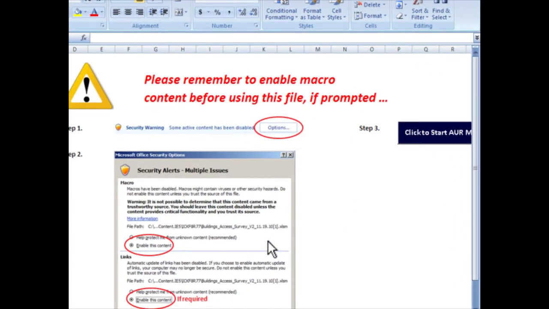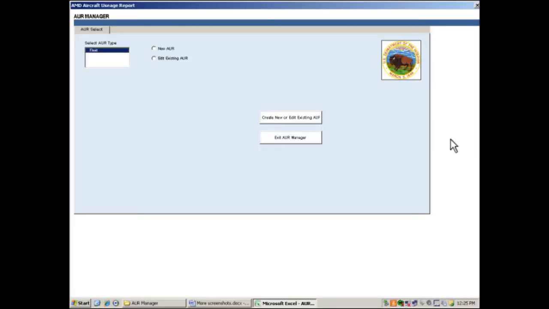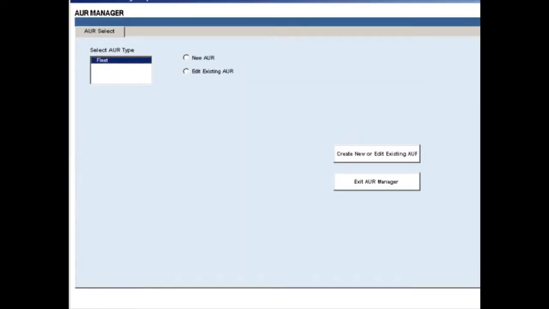and then click 3 is click here to start AUR Manager. On your computer, you'll be able to see that full screen. Okay, so here we are, we're in the AUR Manager. You notice this doesn't look like a spreadsheet anymore, and it looks like a program. Okay? Now, if you want to follow along, again, you can pause the recording, call up your version of the AUR Manager, get where we are,